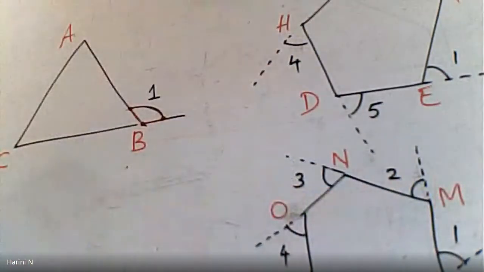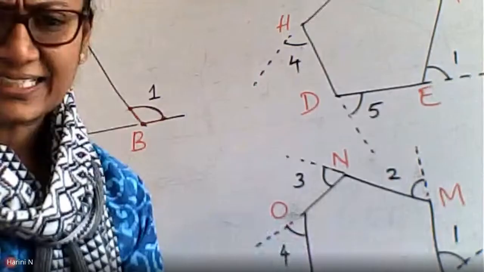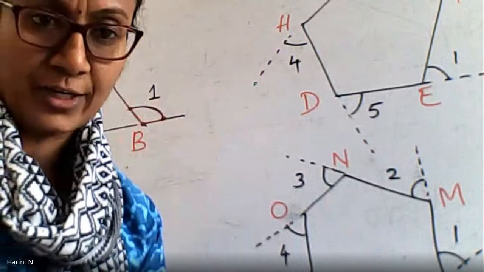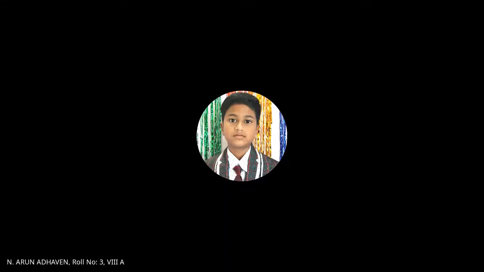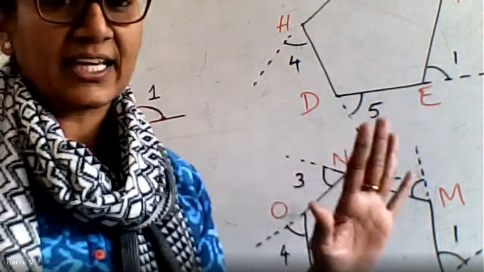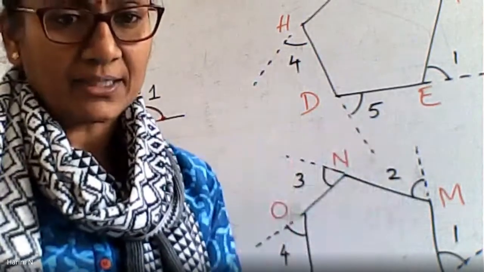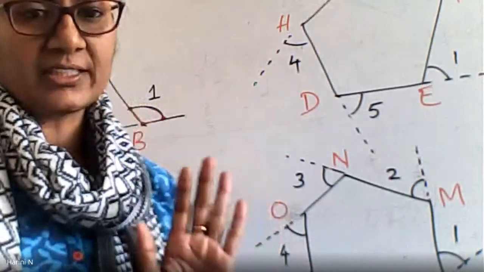Yeah, okay. Somebody was speaking in between. What is that? Yeah, ma'am, you told this method, but I tried a different method. It came correct. That I leave it to you. You have to be very clear that whatever method you are following, you should exactly get the replica of the angle that you want. Ma'am, when I pasted the angle on the quadrilateral, it was exactly the same. Right, exactly. It's all right. I leave it to you. The tracing skill is yours. I have told you one method which can allow you to do it very easily. If you have some other method in which you are able to do it much easier than this, please go ahead. All right. So this is our activity.